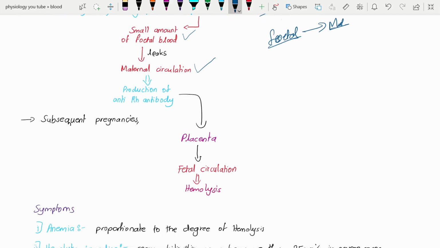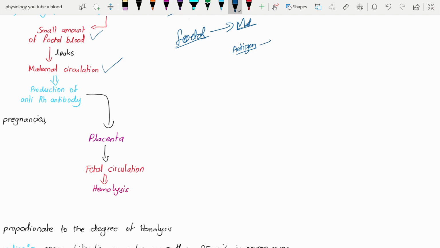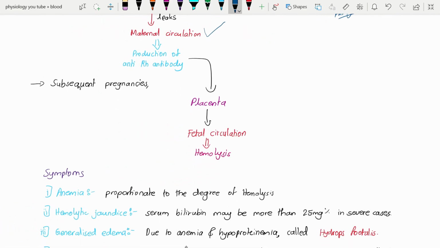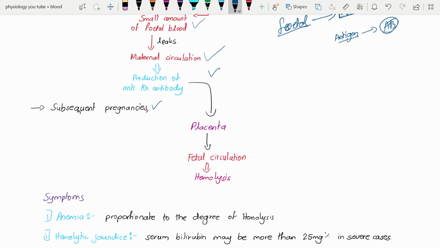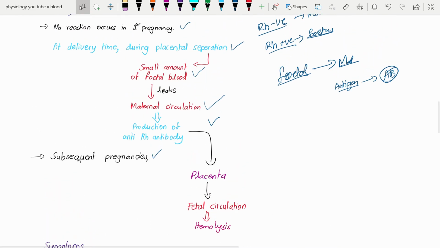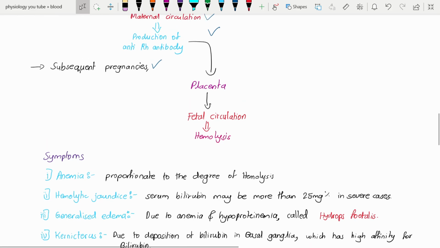So now there is antigen in the maternal circulation. This antigen induces the immune response, and there will be antibodies against this antigen. In subsequent pregnancies, as we know, this is the primary response, the primary reaction, that is, the first time the antigen is presented to the mother's blood. In subsequent pregnancies, as we know, this IgG